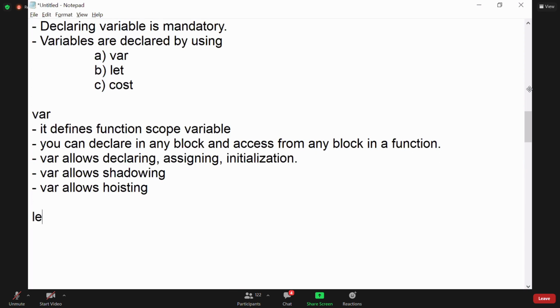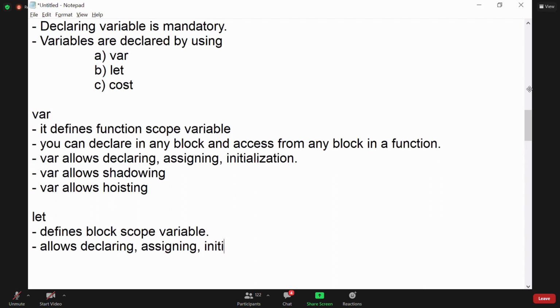And what is let? Let defines a block scope variable. That means it is accessible only in the block where it is declared. Let allows declaring, it allows assigning, it allows initialization.